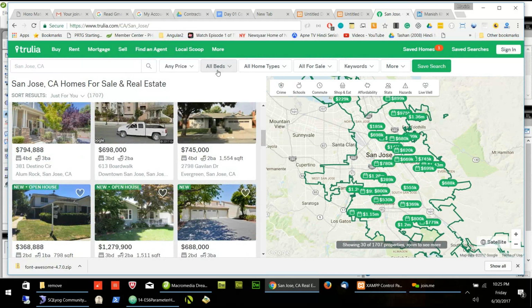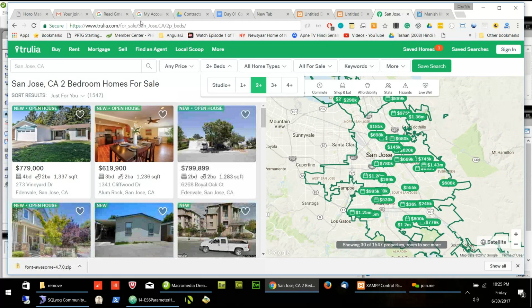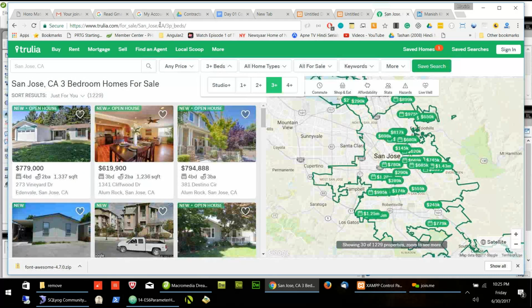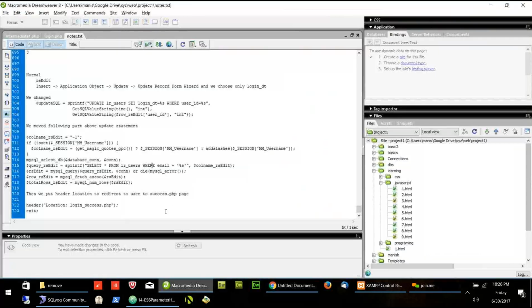Let's say if I change now bed 2+, it goes to the intermediate page, and it constructs this URL and comes back like this. Though the user is not able to see this, it's very quick. It goes there and changes the URL. So this is the practical way we put an intermediate page where we do some stuff like this. Right now in our project, we updated the login date. But in Trulia, we created the URL in a different format.